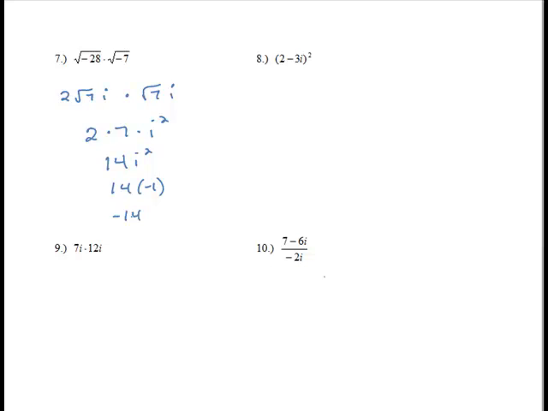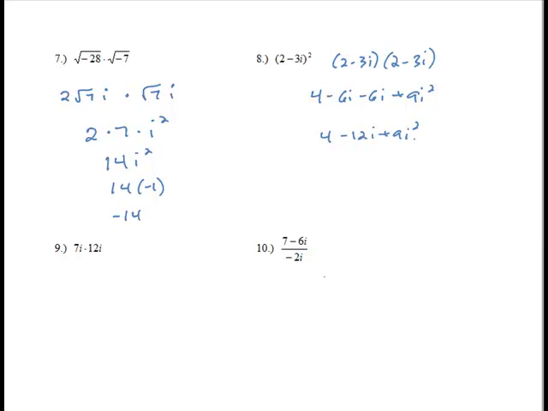Number 8, 2 minus 3i squared, so a real number, imaginary number inside the set of parentheses in the form a plus bi, being squared, so of course more than one term raised to a power. We know we need to expand that out and FOIL. It gives us 4 minus 6i minus another 6i plus 9i squared. So combine like terms,